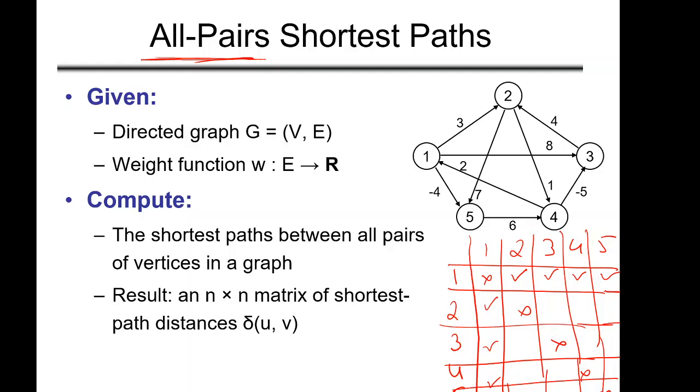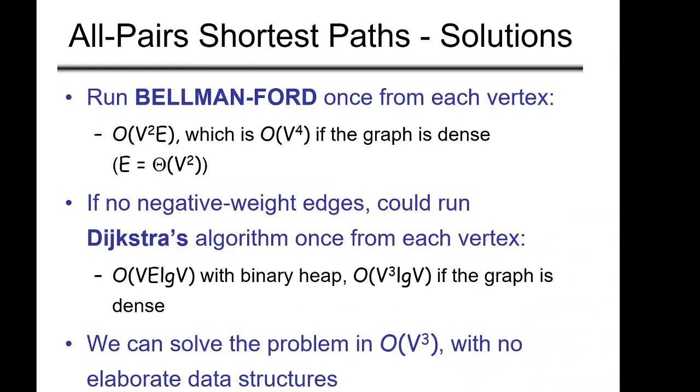So how can we do this? How to solve this problem? We can use both Bellman-Ford as well as Dijkstra algorithm. Let's run Bellman-Ford. Bellman-Ford algorithm is for single source shortest path. If we give the algorithm a source S and the graph, it will give you the shortest path from S to every node. So how can we find all pair shortest path? We just need to run this algorithm for each and every vertex in the graph. Agreed? Okay, good.